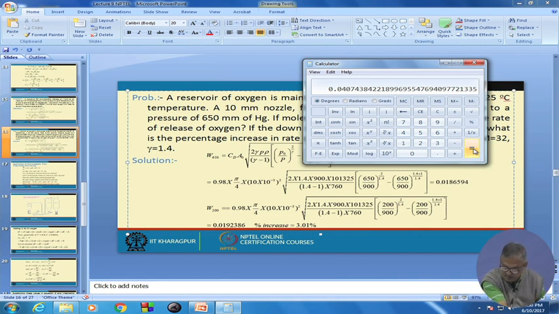It's got that, we got it perhaps correctly, into 2 into 1.4 into 900 into 101325